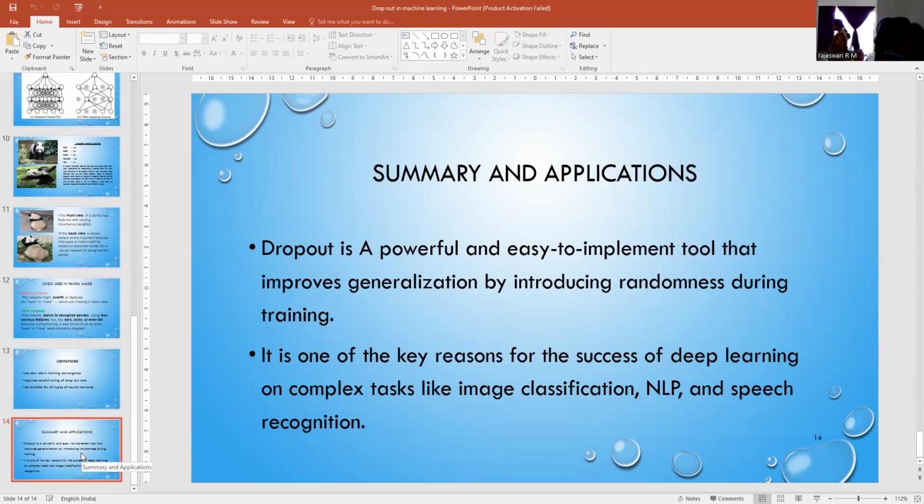Finally, the summary and the applications: dropout is a powerful technique that helps improve the generalization of deep learning models by preventing overfitting. It is widely used in industry as well as in academia. It works effectively in a variety of neural network architectures. However, like any other technique, it has trade-offs. That is, the optimal usage may depend on the specific problem and the data set. So these are the techniques